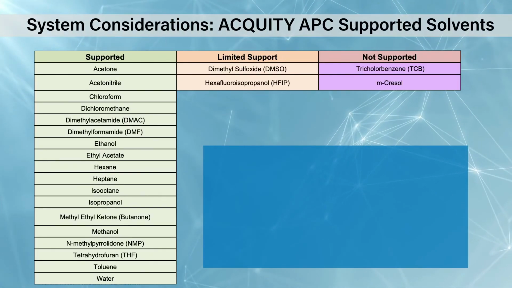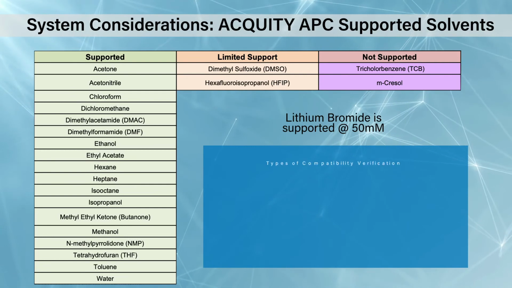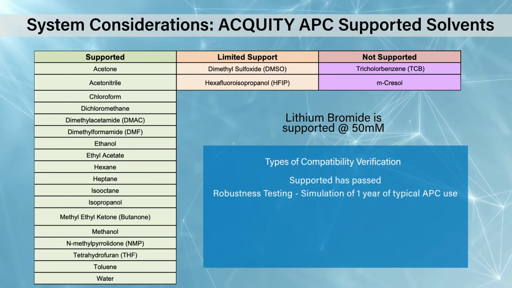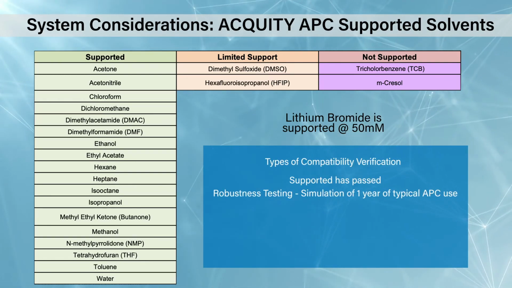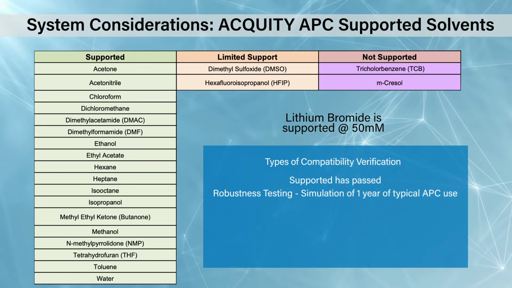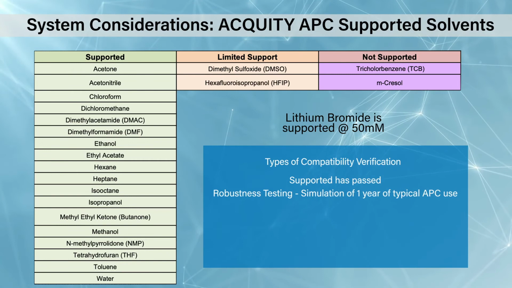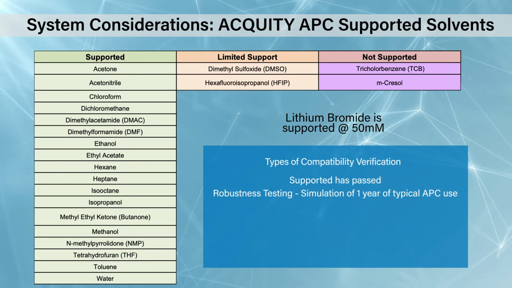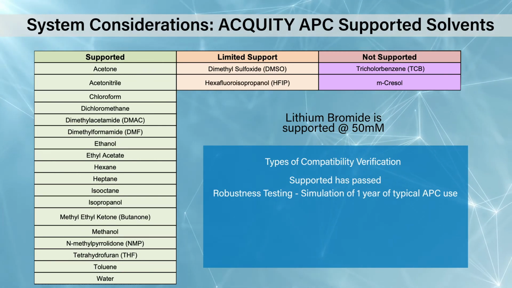So there's a lot of different solvents that the APC supports, and then you can choose mixtures of these as long as they are miscible, and you can swap from any of these solvents to any of these other solvents on any of the APC column technologies. They're very robust and very flexible in terms of the solvents you can use on those systems.